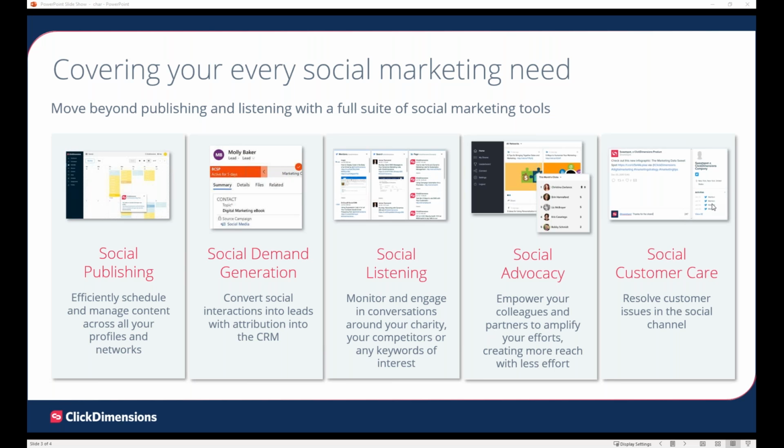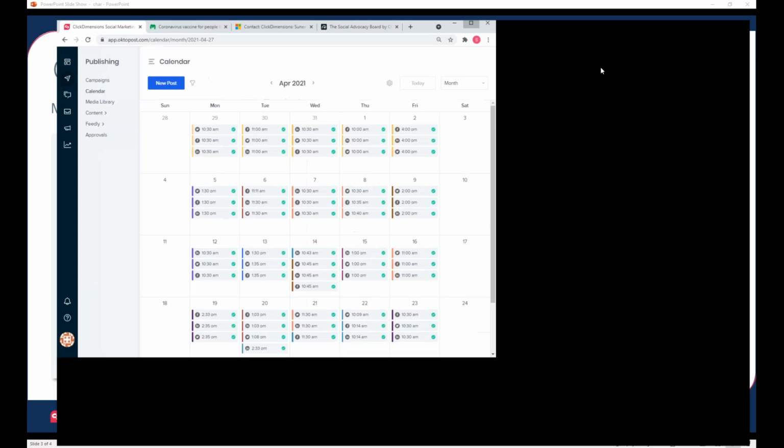You're going to be able to maximize on your ClickDimensions investment as well. We have a lot of clients of ours who use so much of our technology, but they don't use some of it as well. So we really want to encourage people to get a maximum return on your investment. We can automate the lead gen process from social, because we have those capabilities in the CRM. So yeah, let's get into it, guys. What is this all about, right? Social demand generation.